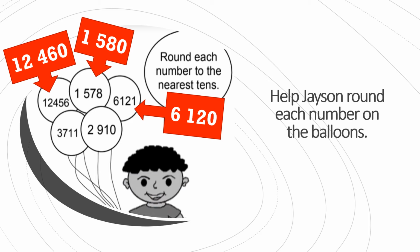The rounding digit is 1 and next to it is 0. What will happen? Is it round up or round down? Very good. It's round down because the next digit is less than 5. So, the final answer is 2,910. The last balloon will be